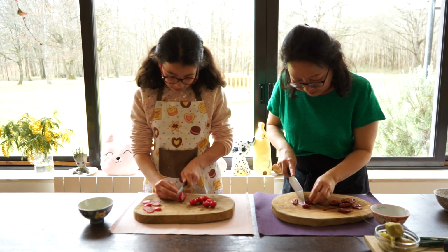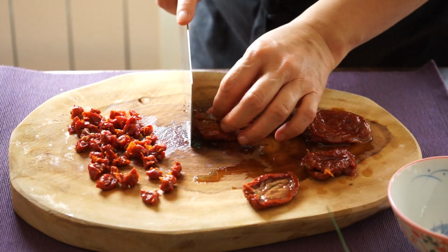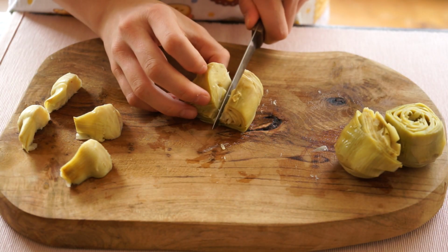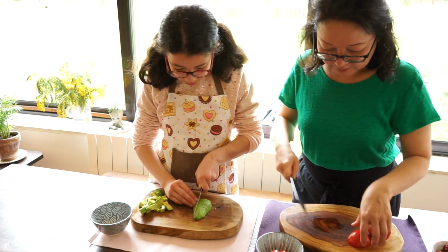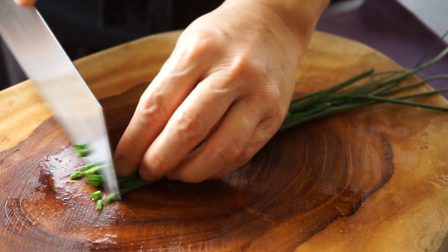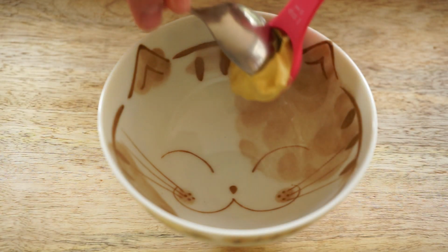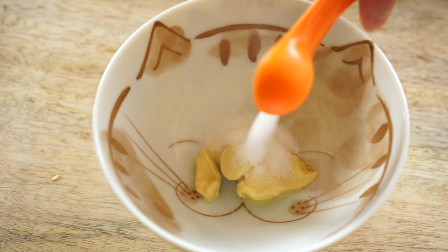Cut in 2 pieces the pink radishes, the sun-dried tomatoes in oil, the artichokes, 1 avocado, the tomatoes, and mince the chives. For the vinaigrette, mix 1 teaspoon of mustard, ½ teaspoon of salt,